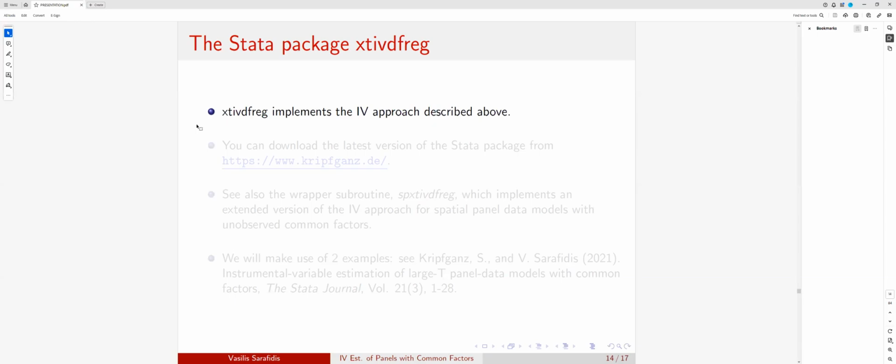In the second part of this presentation, I'm going to show you how to use the Stata package xtivdfreg in order to implement the IV approach that we described in part 1. This Stata package has been written by Sebastian Kripkens and myself. The latest version is available on Sebastian's website